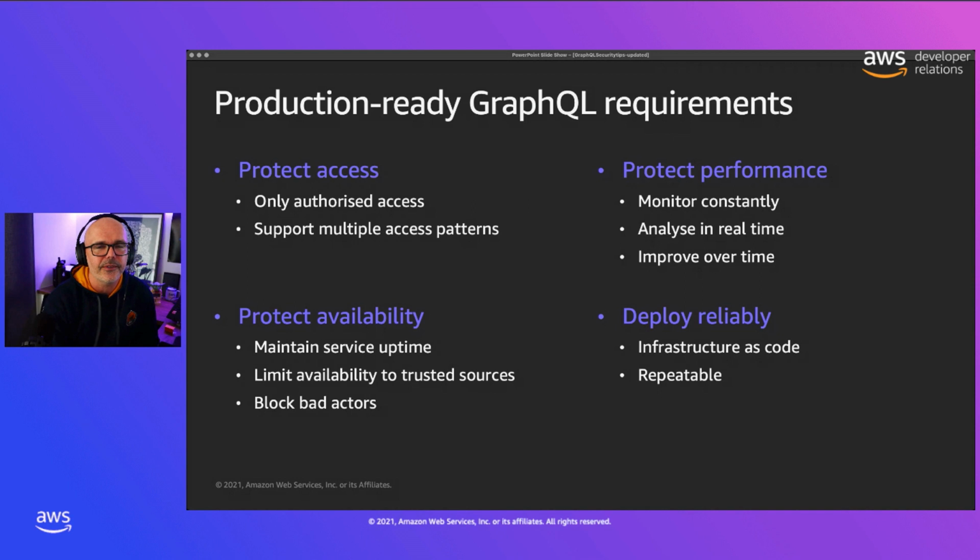So you want to be able to block these bad actors, and you also want to be able to protect the performance by making sure you can actually monitor what is going on within your API. You also want to be able to analyze in real time, say make tracing calls for your API, tracing through the different components and hops that are involved in resolving a field, for example, in a GraphQL schema, are all very important things that you need to monitor.